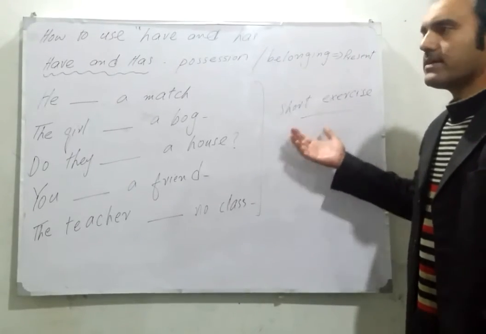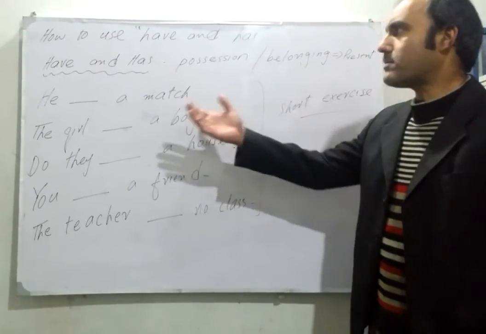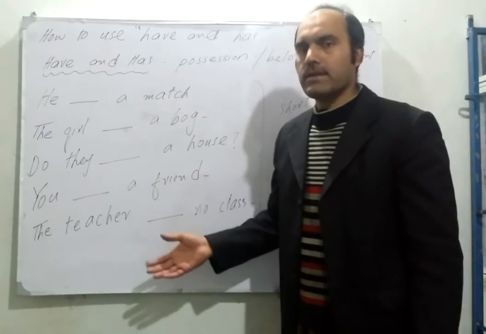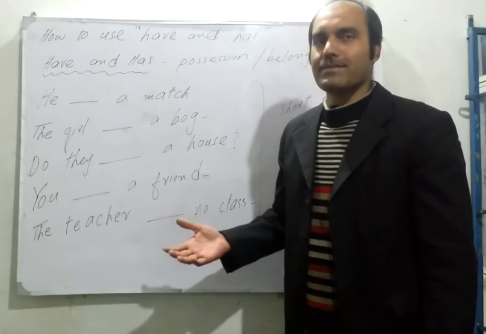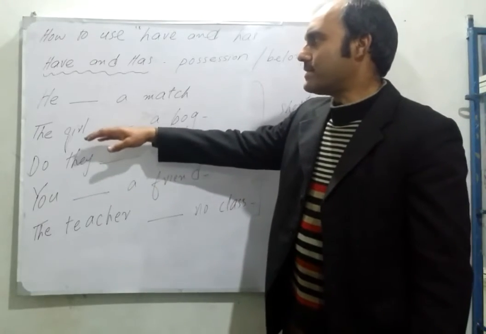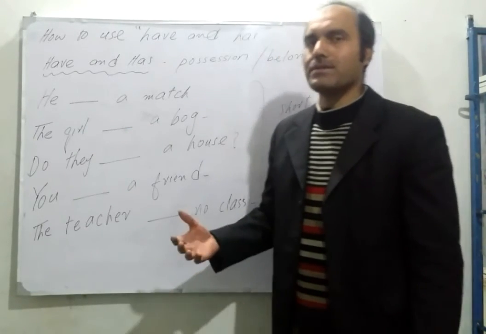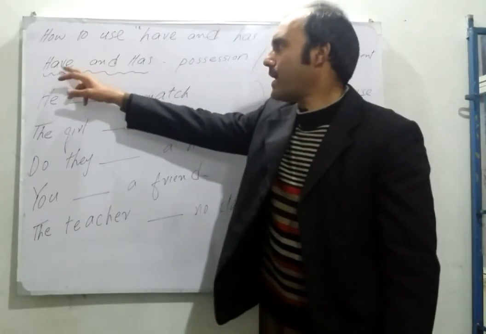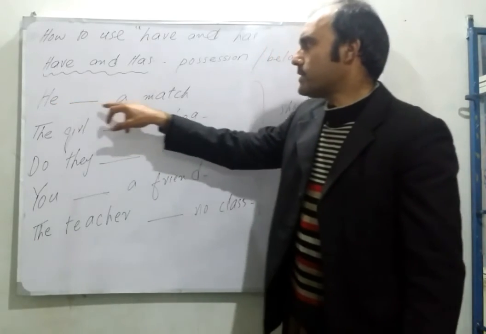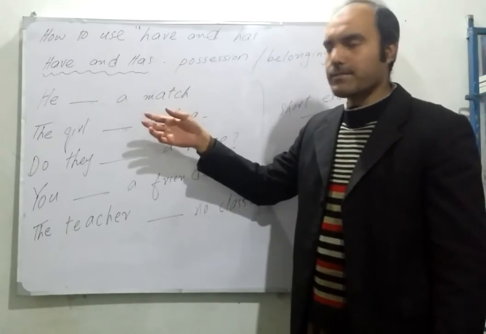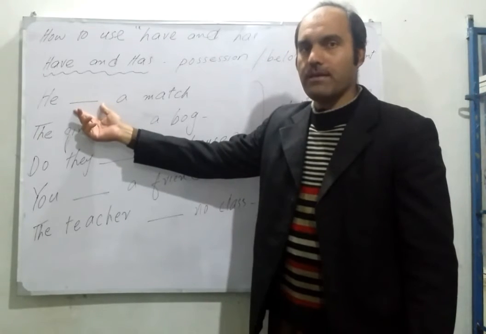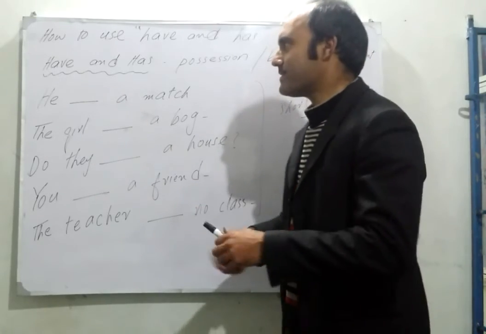This is a short exercise to check how much you have learned about the use of have and has. I have 5 sentences, and this is just to check how much you have learned. Come to these 5 sentences. You have to think which word we can put here, have or has. The first sentence: he dash a match. Let's think about this. What to use here? Has or have? Has is correct here, because